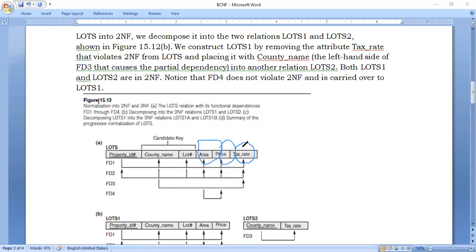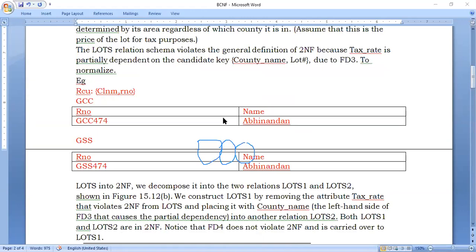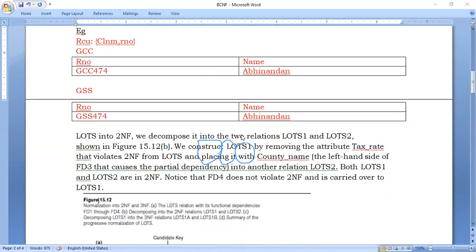Now let us see. Here we have one more thing, called tax rate. What we have assumed is that the tax rate is fixed for a particular country. Tax rate is fixed for a particular country. Yesterday I had shown you that example also. I had even typed it here. Clear the notations. So I will take the example of the tax rate in a particular country.